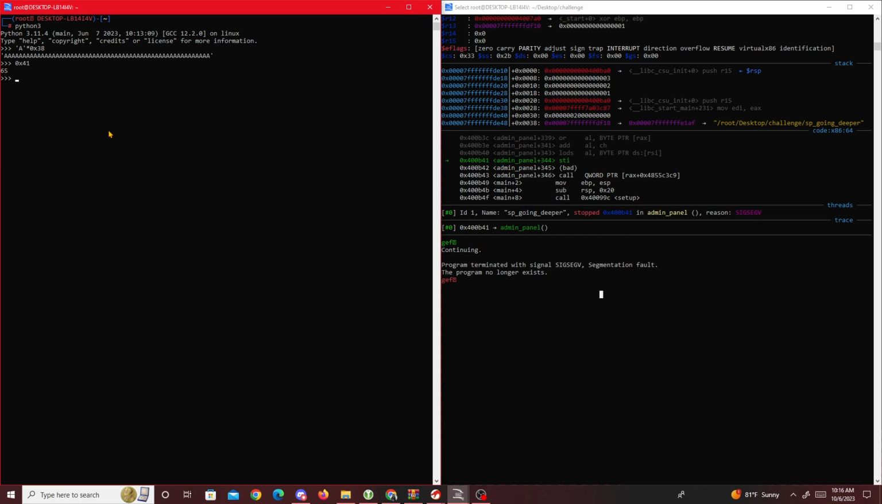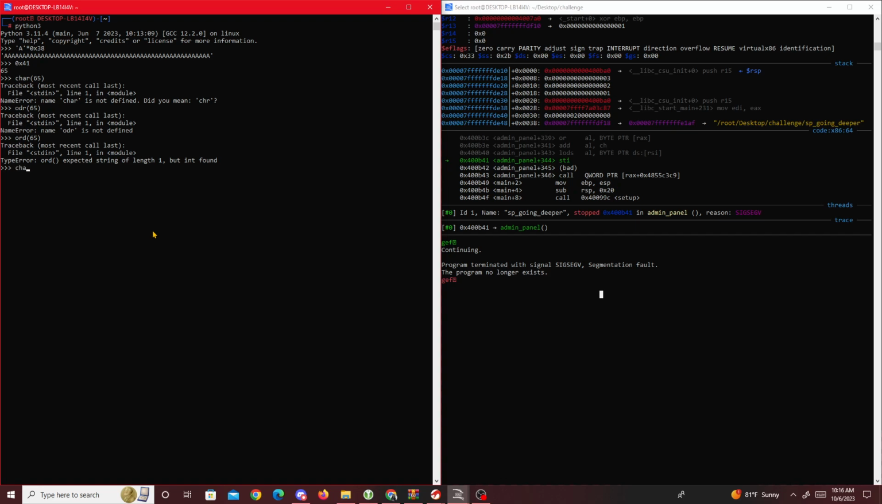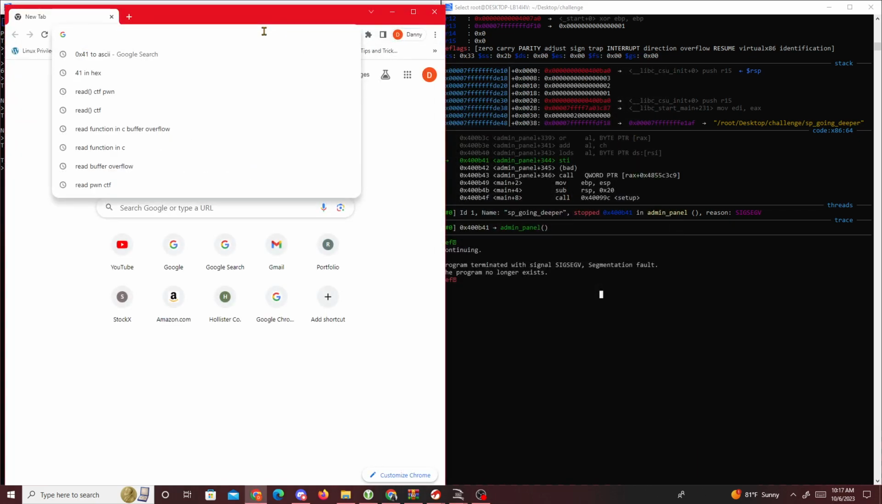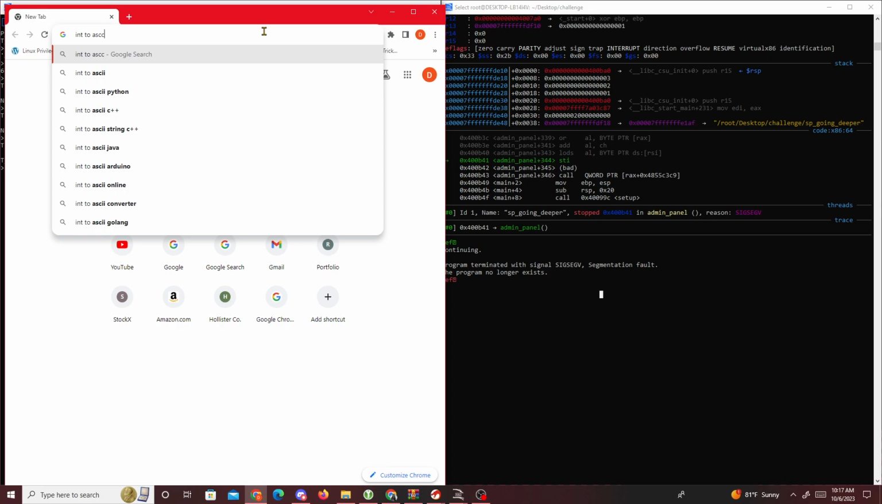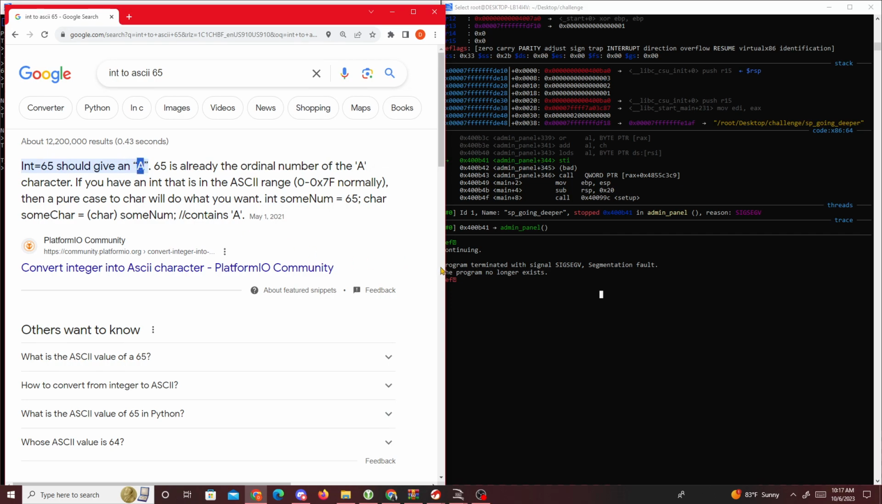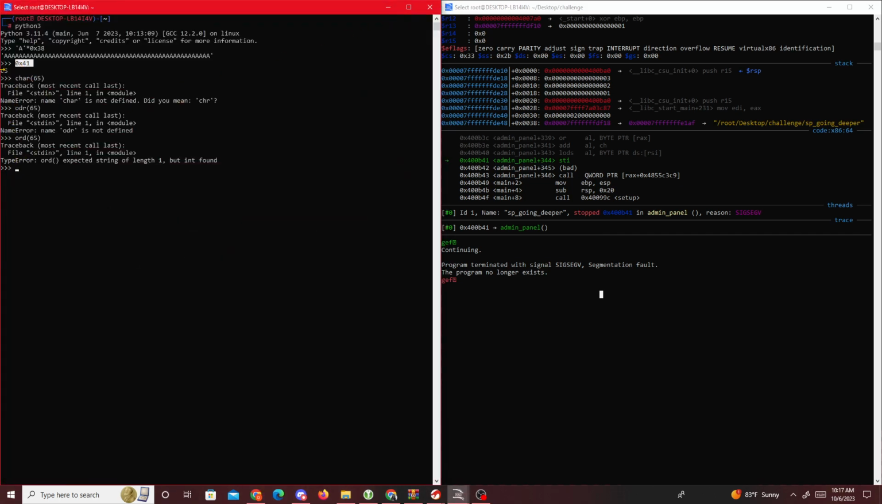OX41, 65, and if we do char 65... Oh yeah, I don't know. Wait, char. I thought I was going to be smart right now, but if we just Google search it, yeah, I just Google search it. Int to ASCII 65. 65 is A, and if you look right here, OX41 is 65, and then all we did was just input